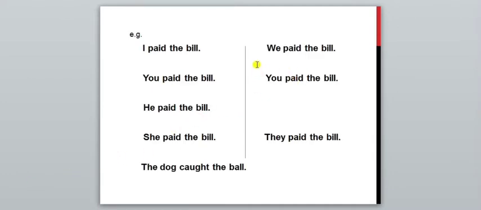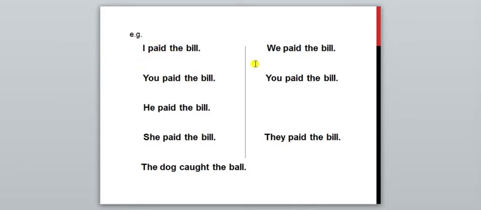Some sentences are written here. Examples are taken here. First is, I paid the bill. I is the subject. Actually, in the first lecture, we have seen all these things, right? What is the subject, what is the verb, and what is the object? We already learnt it, and that's why it will be easy for us now to understand these tenses. First is I, paid is the V2, and the bill is the object.